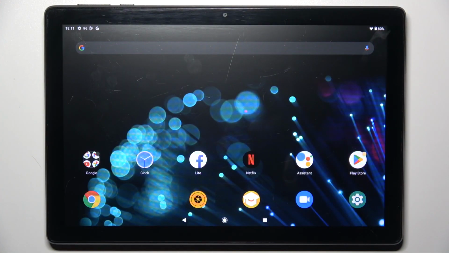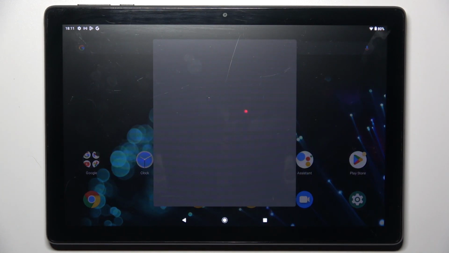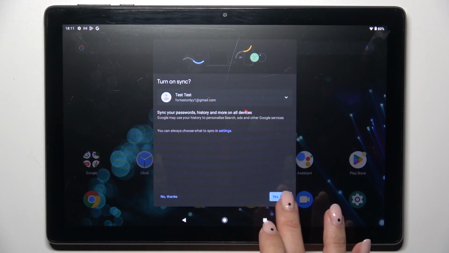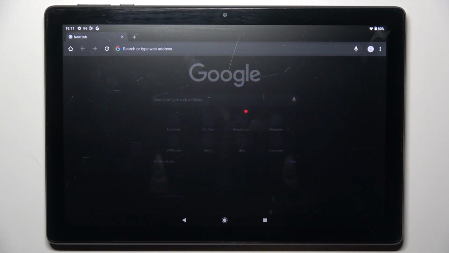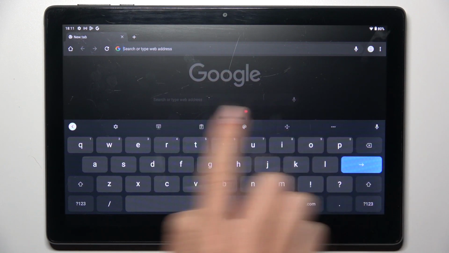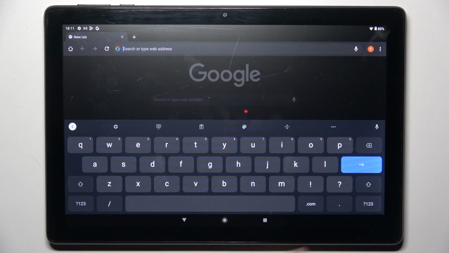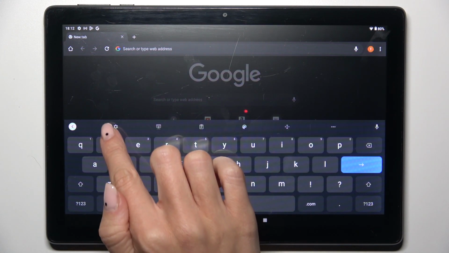So at first open some panel in which you can enter some text. It can be the browser, notes, whatever, just the place in which you can enter some text, so you can see the keyboard clearly. And so here is the current keyboard language. Once you want to change it, just tap on settings icon,